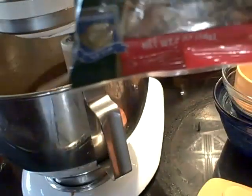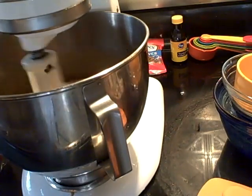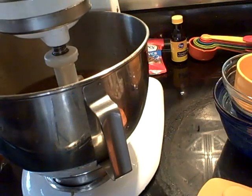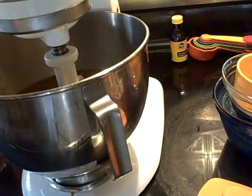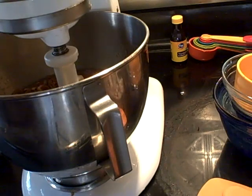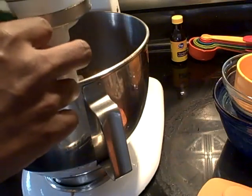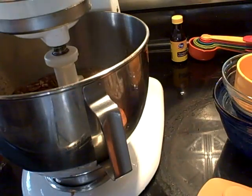Okay, so being that they didn't have the big bag, I got 4 of the 12-ounce chopped. Okay, so we're just going to incorporate these. But actually, since they're already chopped up, I don't want them minced all the way up too bad, so we're just going to pretty much just fold them over. Oh, this one is a half. I thought I actually got whole. I didn't know that I had gotten chopped. Let's see what these ones say. Oh, and these are half, so I guess somehow or another in the store they must have been mismarked, but nonetheless we're gonna make it work. So we had 2 2-ounce bags of halves and 2 2-ounce bags of chopped. So that gives us about 8 ounces